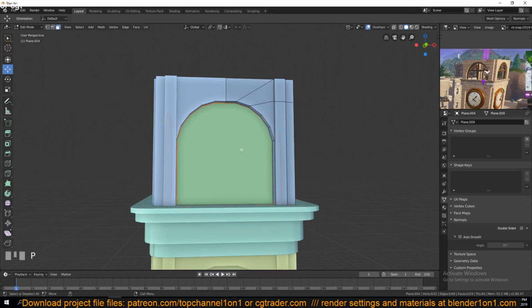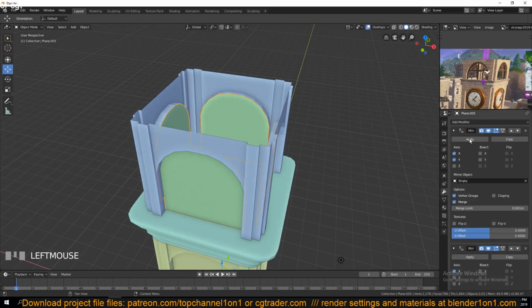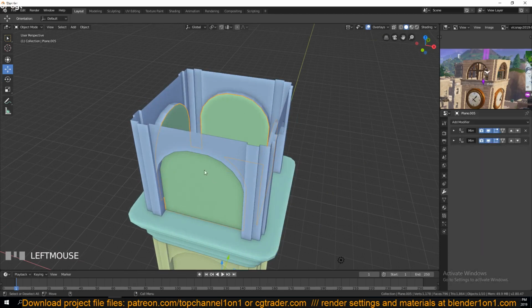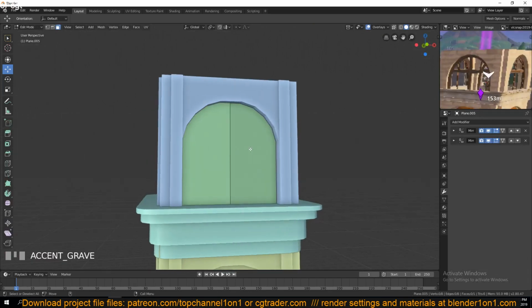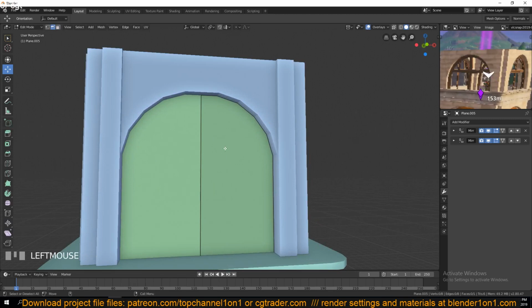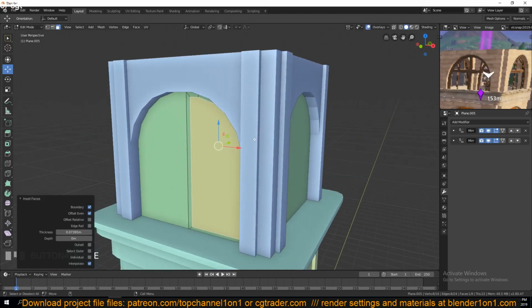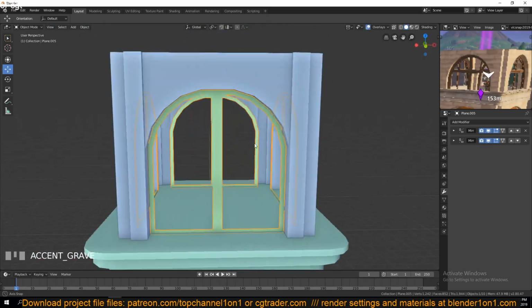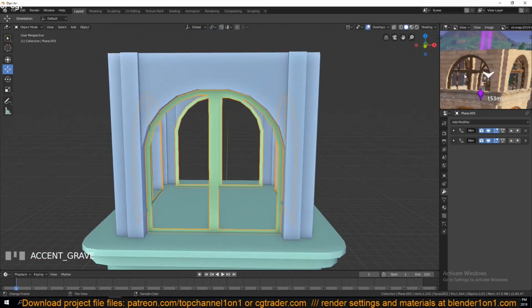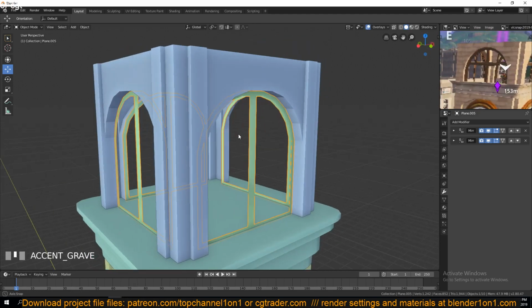we can hit P to separate this face from the rest of the mesh, but maintaining the modifiers that we have here. So you can see these are like windows, so we can add that detail in. So I can select this face, hit I to insert, and then delete that face. You can see we have those aluminium, I don't know how they're called, but another thing we